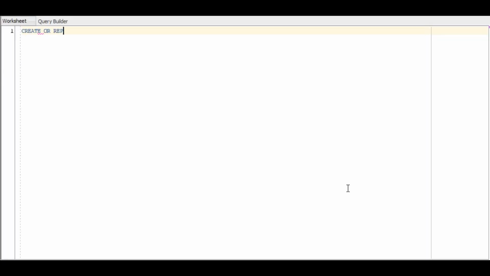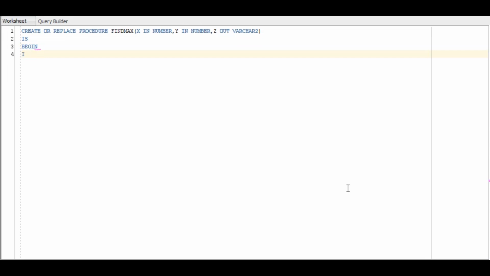Let's write a basic PL/SQL code to understand the basic functionalities of a PL/SQL procedure. Here we are creating a PL/SQL procedure in which we'll be finding the maximum number between the two. So we are taking three parameters in this procedure. First is x, which is an input parameter, y, which is an input parameter, and z, which is an output parameter. As we discussed earlier, we cannot directly return a value in a procedure, so for that reason, we need to define an output parameter.